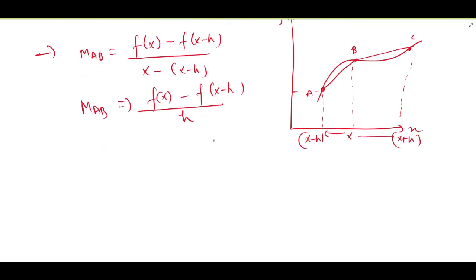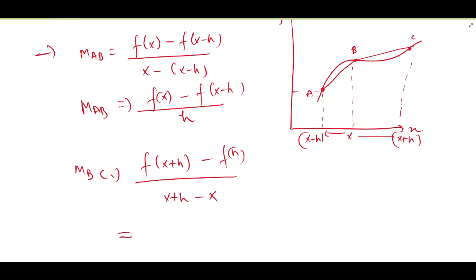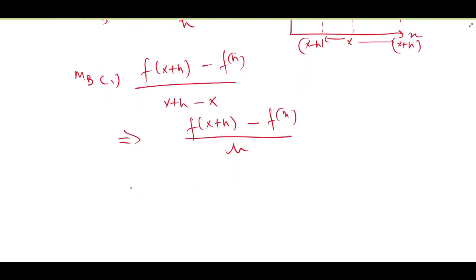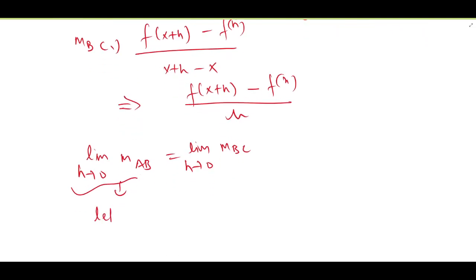Similarly, we can write the slope of BC, that is f of x plus h minus f of x divided by x plus h minus x. So we get f of x plus h minus f of x divided by h. Now if we take the limit of both the slopes, limit h tends to 0 of m of AB, which is equal to limit h tends to 0 of m of BC. This is called the left hand derivative, and this is known as the right hand derivative,